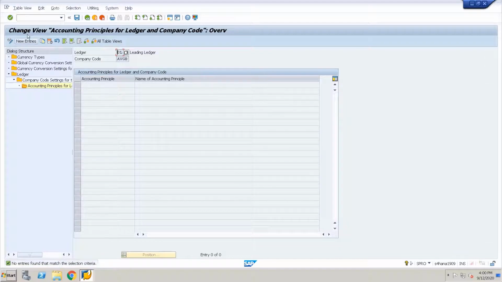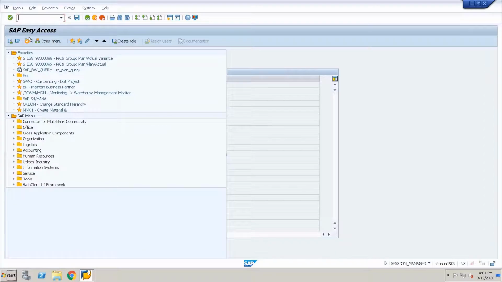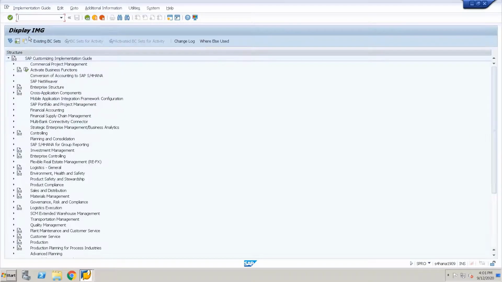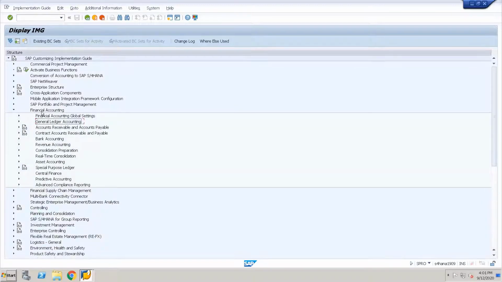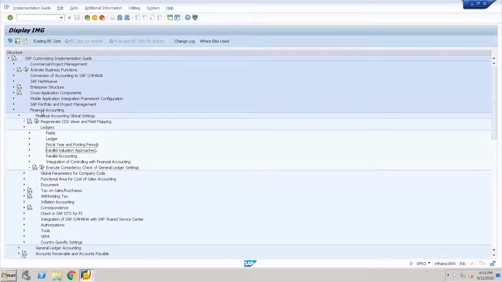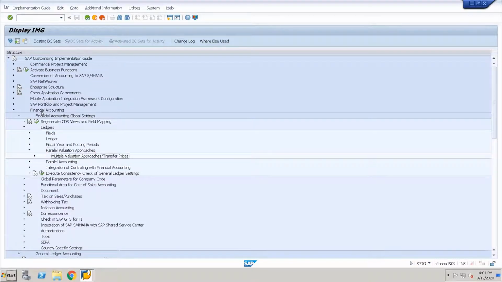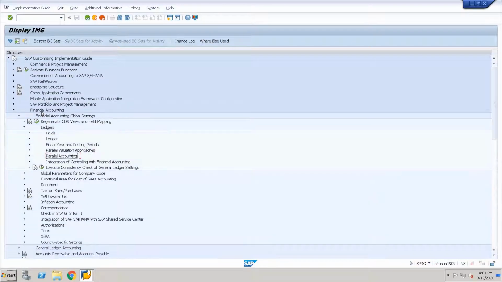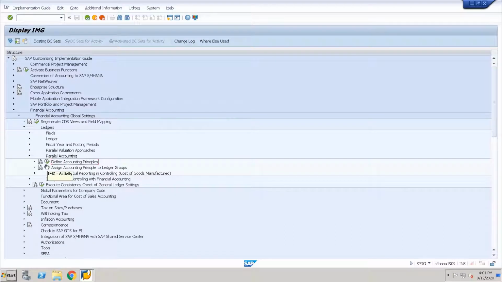So let us see what different accounting principles are currently created in the system. So let me go to STRO. Under Financial Accounting, Global Settings, Ledgers, Parallel Valuation Approach, Parallel Accounting, and Define Accounting Principles.